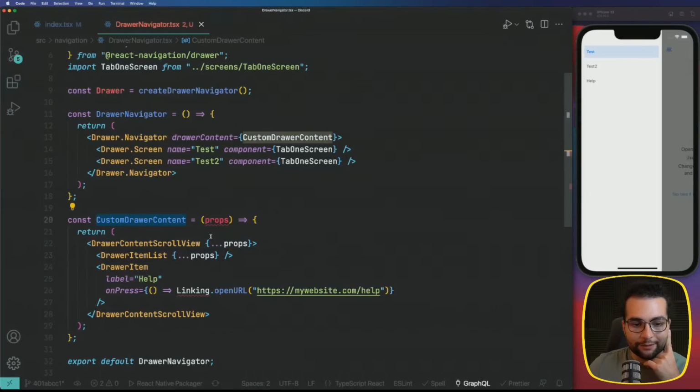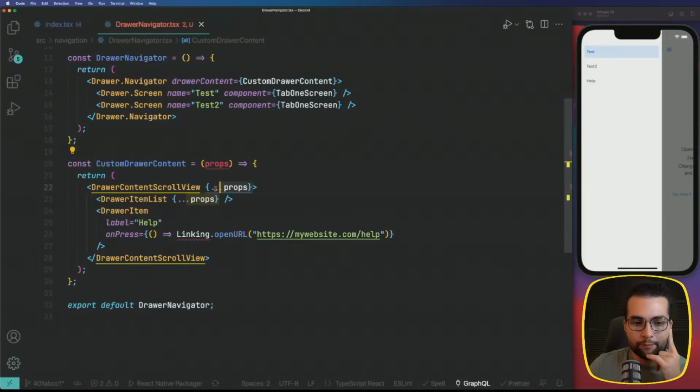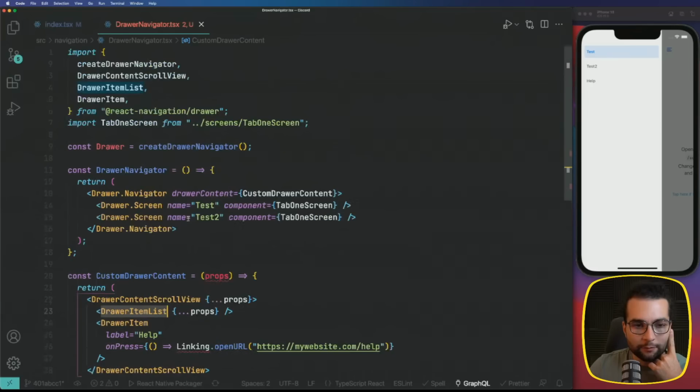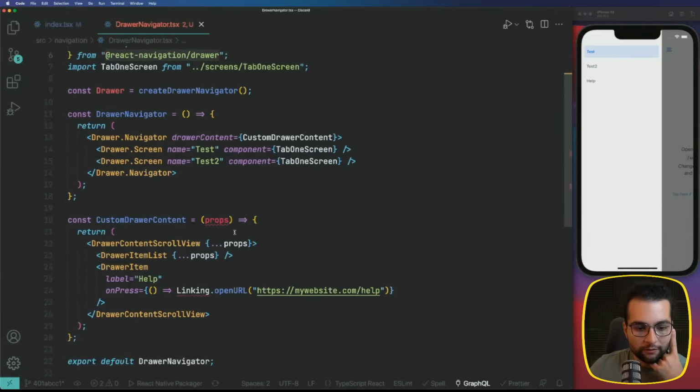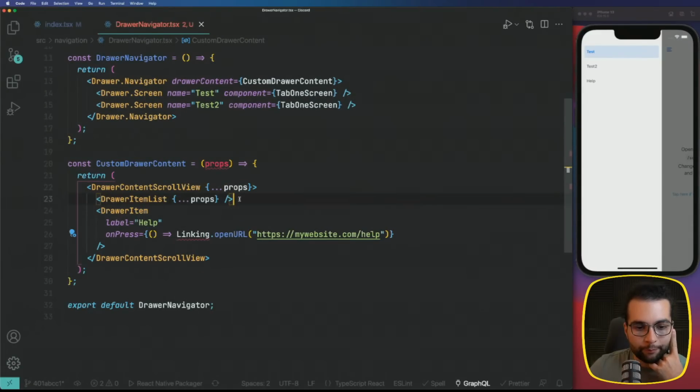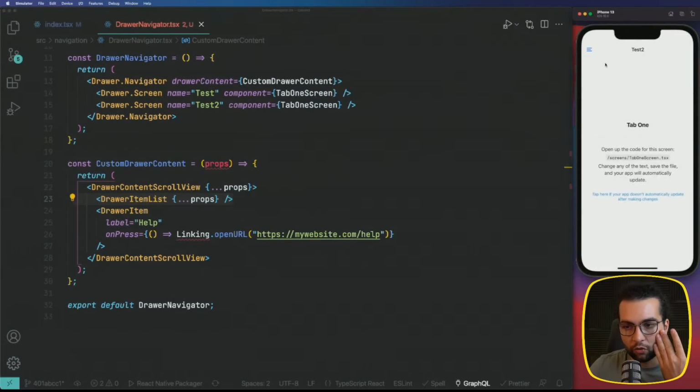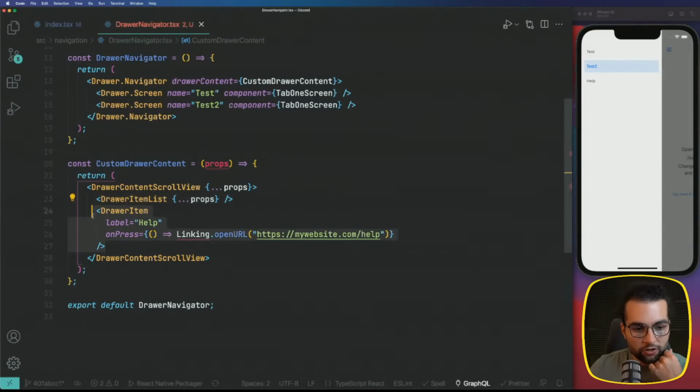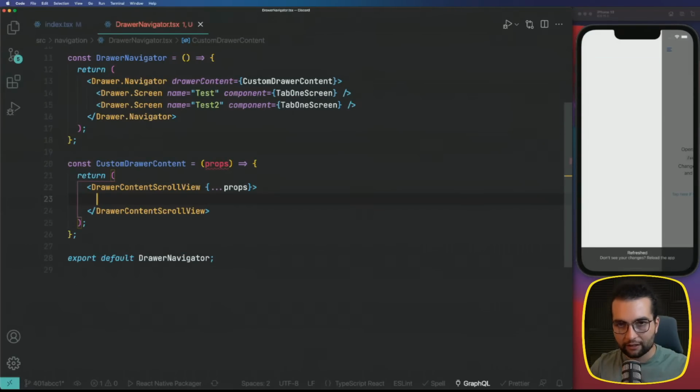Well, this custom drawer content receives some props that will contain all the screens. There is this drawer item list that we can import from the drawer. And this will basically render that basic thing that you know. But you can also use a drawer item to add more options if they are not here, if they are, for example, in another part of your application, or if you need to add a contact us button, and so on. You can adjust a lot of things with this,